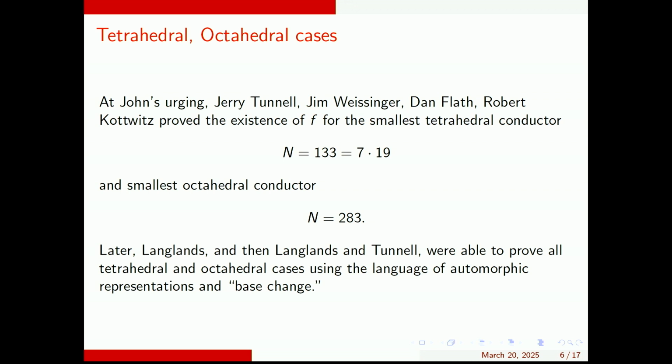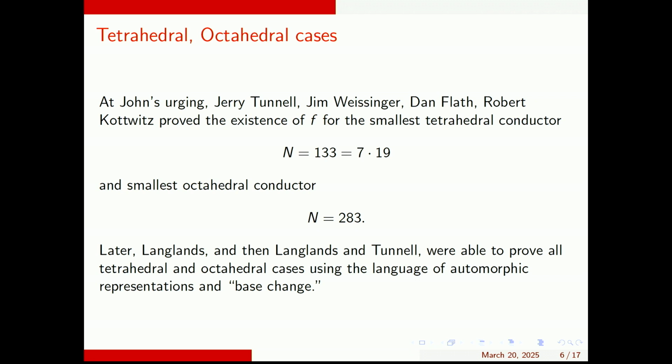So that gives you some confidence that it's a sensible way to look at the world. And later, starting a year or two later, Langlands showed, using not the modular forms language, which is certainly easier for a graduate student to understand, but the automorphic representations form of this,